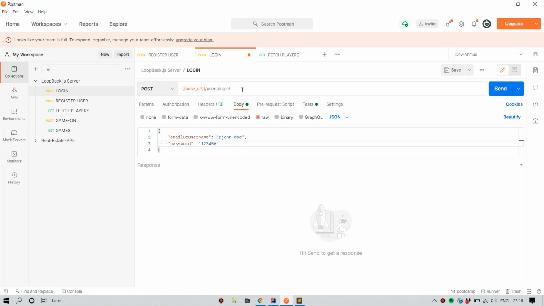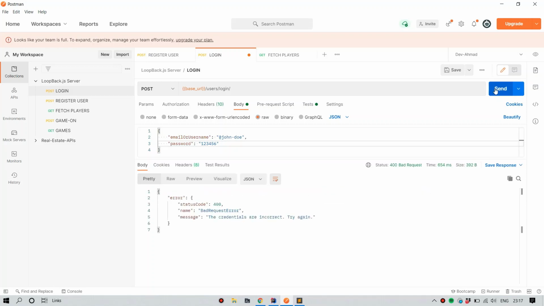This is the environment variable. I'm using the environment variable that is set here, it is evaluating to this value, and then it is appending the rest of the URL. So if I hit login, I get the response, right?